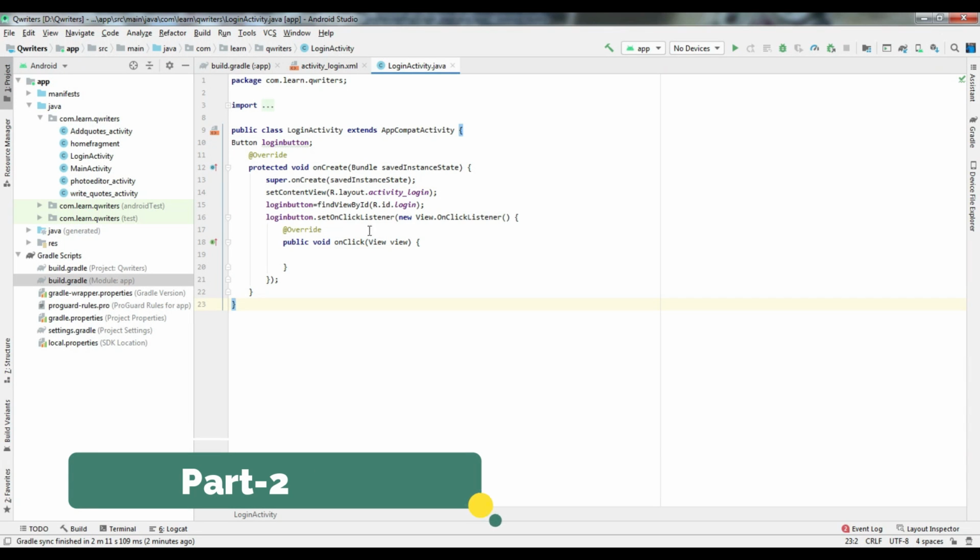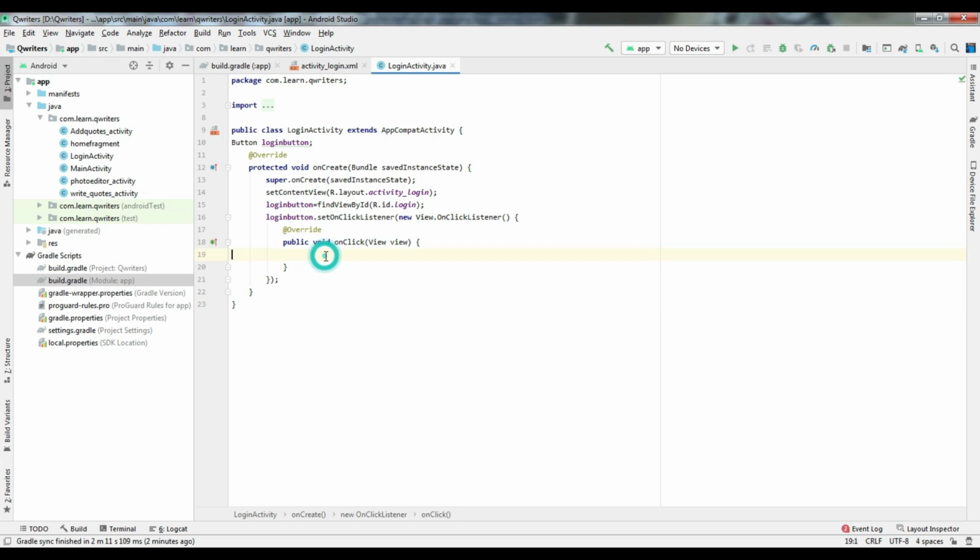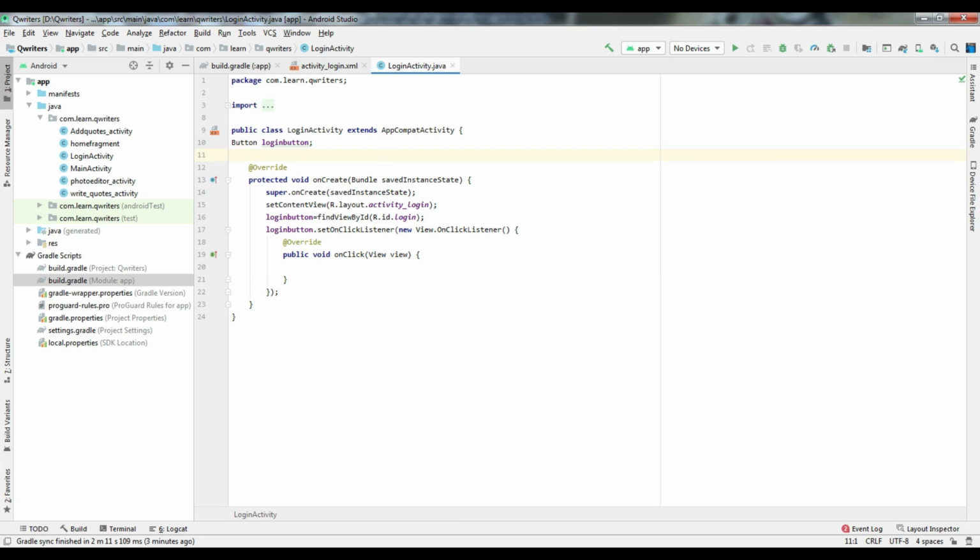So after adding it, the build.gradle is finished. Now, this activity will be launched every time the user opens the app, so we need not make the user log in every time. We will be checking if the user is already signed in or not. For that we will be accessing the Firebase current user.